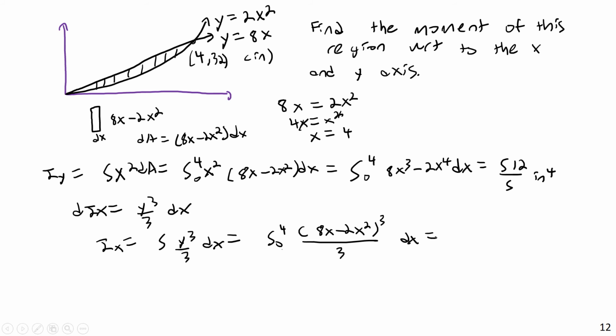And now if I throw this in my calculator, (8x minus 2x squared) to the third power divided by 3 evaluated from 0 to 4, with respect to x, and I get a number that is not an ugly decimal, it's an ugly fraction. It's a fraction that is impractically large, but I did this in exact mode, so that's okay. So this would be 32,768. Try doing that by hand, getting that exact number, although I guess it wouldn't be too bad, just a bunch of common denominators. And this would be inches to the fourth power,